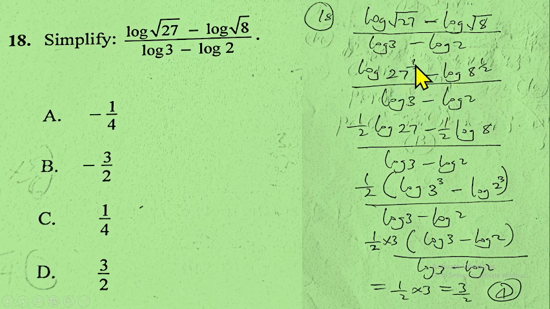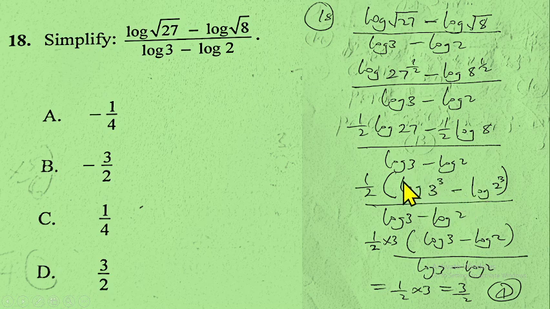According to the law of logarithm, this power here can go to the front of the log. So you have half log 27 minus half log 8 over log 3 minus log 2. Half is common, so you can factorize half out. So you have half into log 27 changed to index form, which gives 3 raised to the power 3, minus log 8 changed to index form, which gives 2 raised to the power 3, over log 3 minus log 2. And since the power 3 and 3 here also go to the front of the log as well,